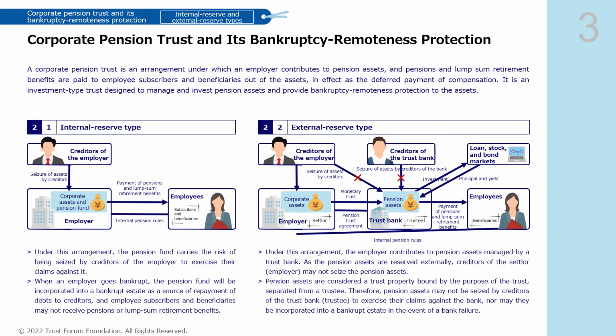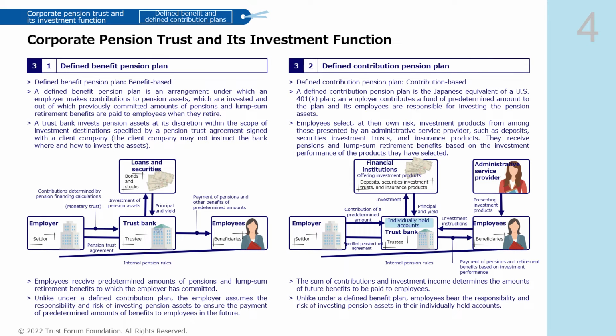Subsequently, employees' pension trusts were established, which incorporated a substitutional portion of the government-sponsored pension plans. And today, under a new pension act designed to provide even greater protection to recipients, defined benefit corporate pension trusts have become one of the standard forms of employer-sponsored pension plans. In the past, defined benefit plans were the dominant form of corporate pension plans.